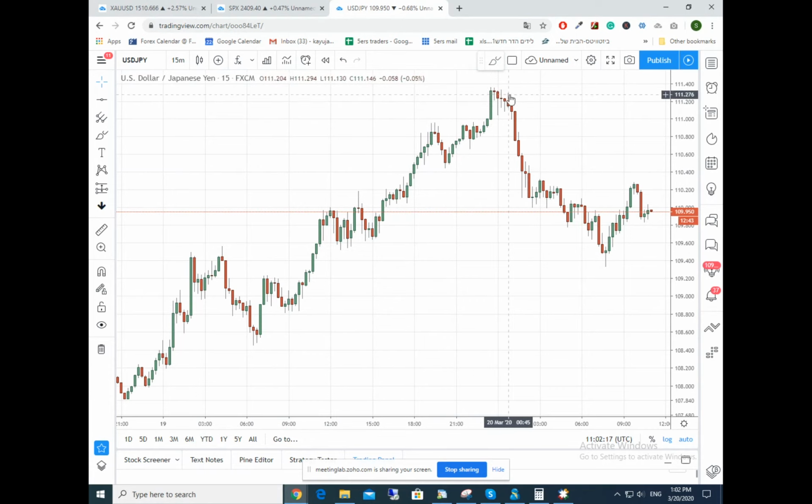Then the price just dropped down and created a lower low after we saw a series of higher lows. As you can see here, suddenly the price creates a lower low. This one is lower than the previous one. That situation creates the Quasimodo pattern, and at this point